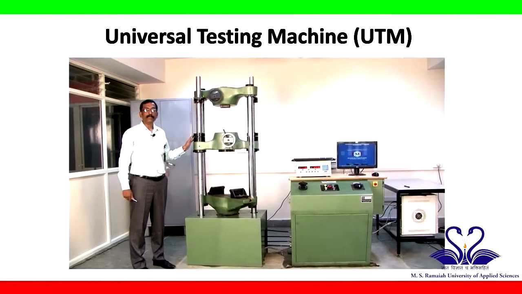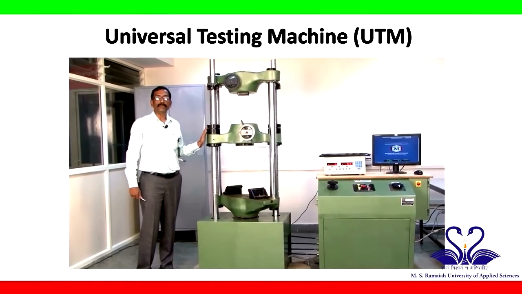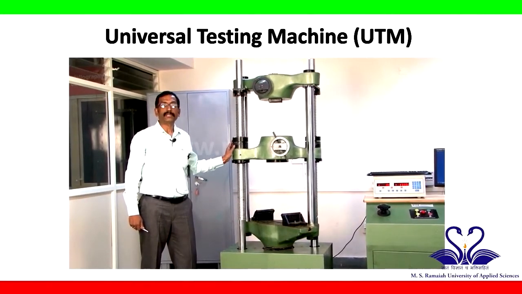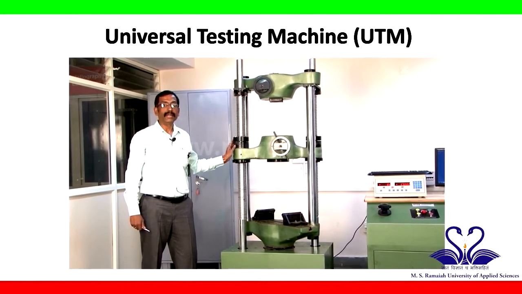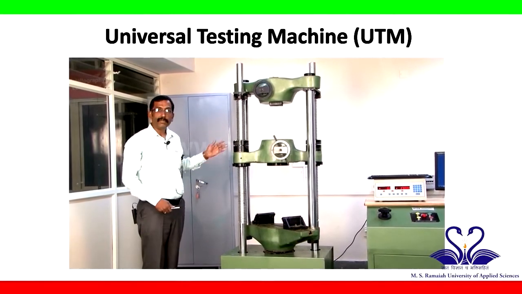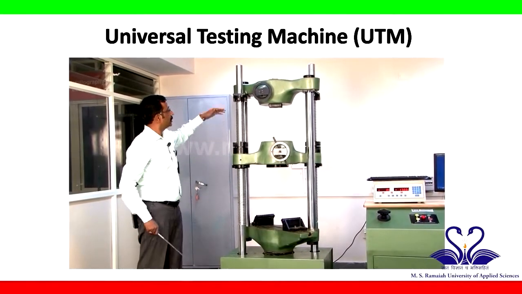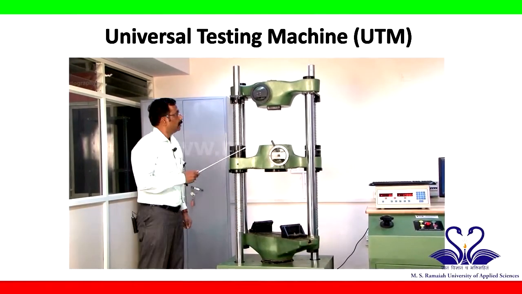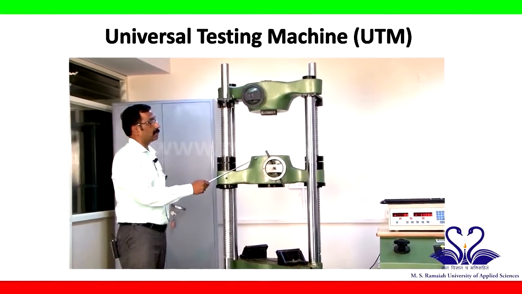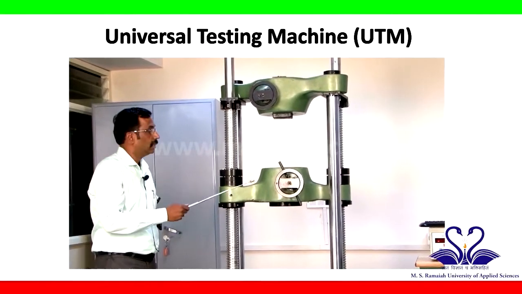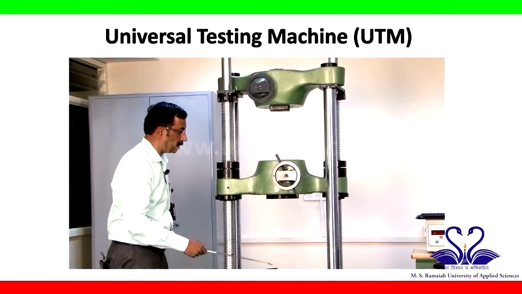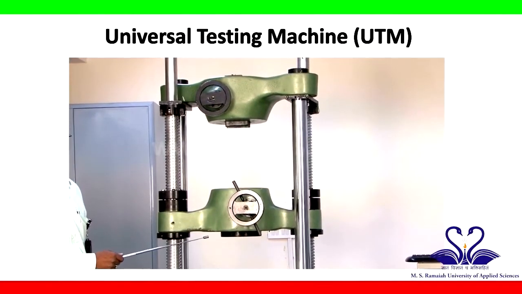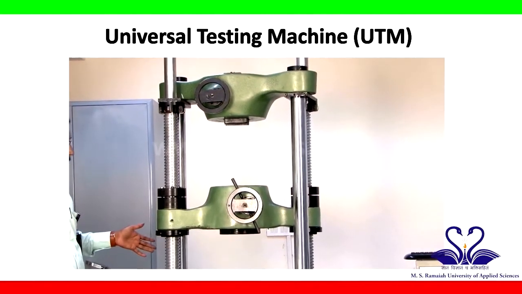This is a computerized servo hydraulic universal testing machine to carry out tests like tensile test, compression test, shear test, 3-point bending test. I'll tell the parts of the universal testing machine. Here you can see 3 crossheads: upper crosshead, middle crosshead, and lower crosshead. This upper crosshead and middle crosshead will help us to carry out tensile test, and this middle crosshead and bottom crosshead help us to carry out tests like 3-point bending, compression, and shear test,